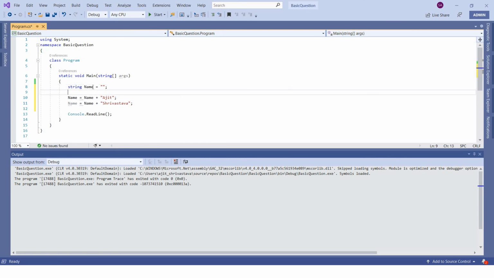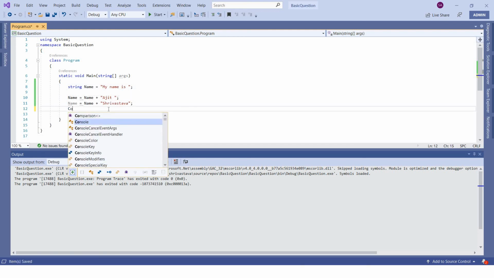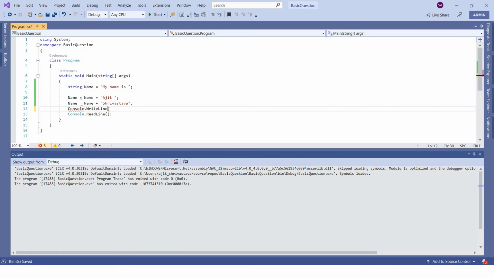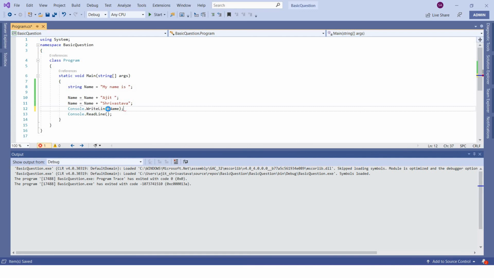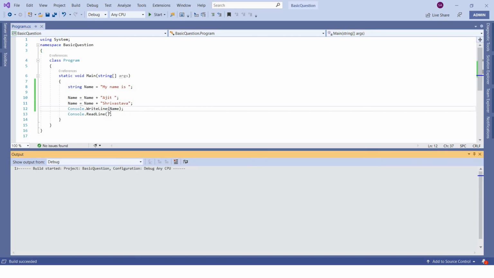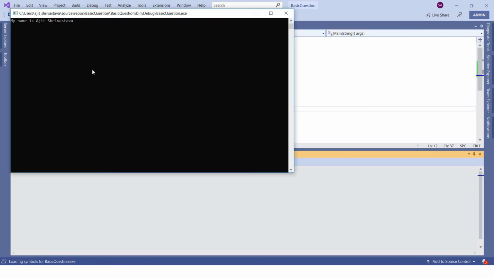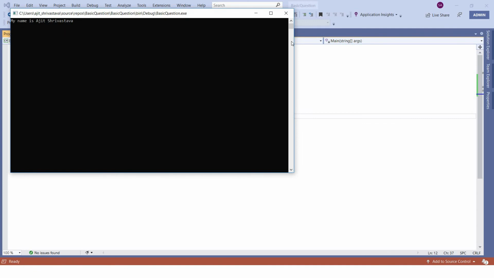And also I'll add name equals, let me assign this my name is this. And I'll simply print console dot write line name. So it will again print my name is Ajit Srivastava. There should not be any issue, right? You are able to see Ajit Srivastava.